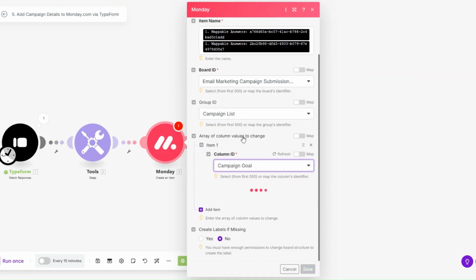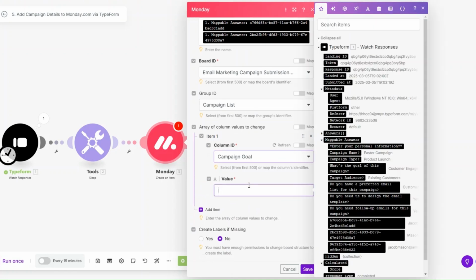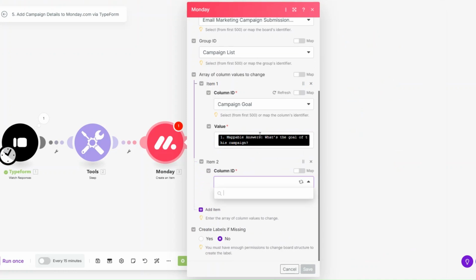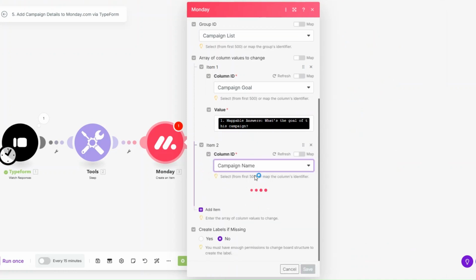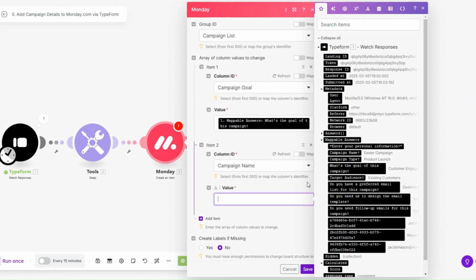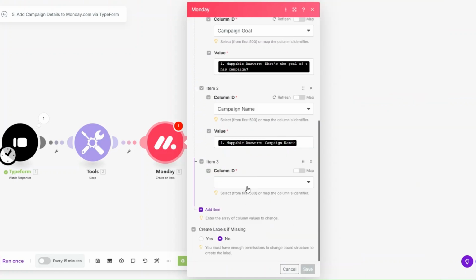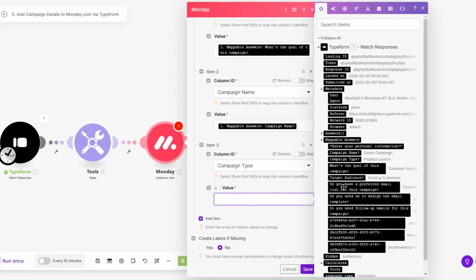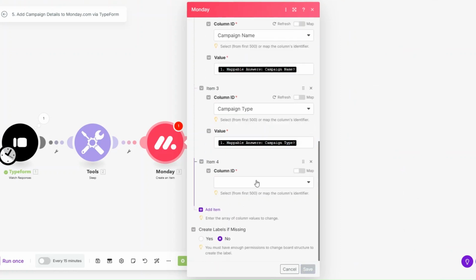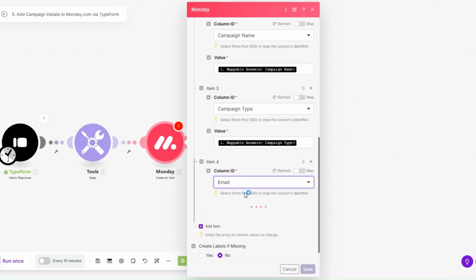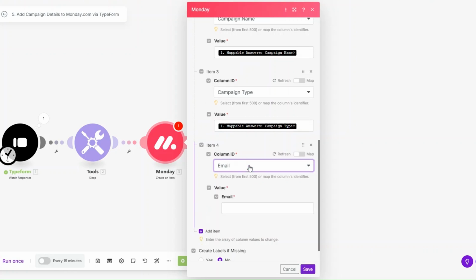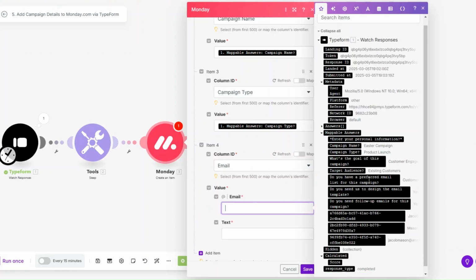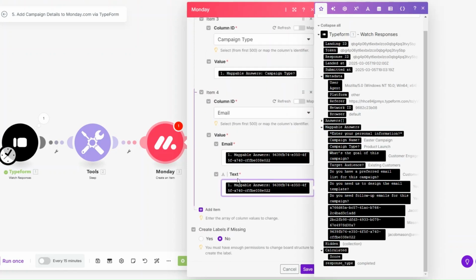choose a new column. I'm going to choose the campaign goal column, add the value right here. Then I'll add a new item, choose a new column. I'm going to choose a campaign name, another value for the campaign name, then add a new item, choose a new column. I'm going to choose a campaign type, another value for the campaign type, then add a new item, choose a new column. I'm going to choose the email column, another value for the email address right here, adding the email address as a text,